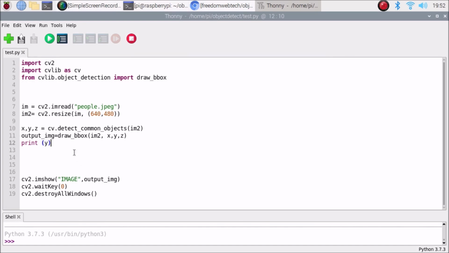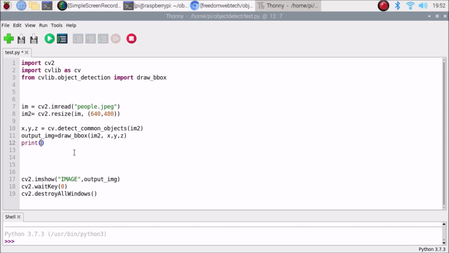Now what we want to do is count a particular object. Like in this image we are going to count the cars, how many cars we have in the image. So simply we are going to create a print.